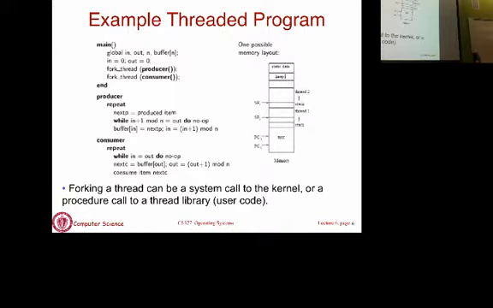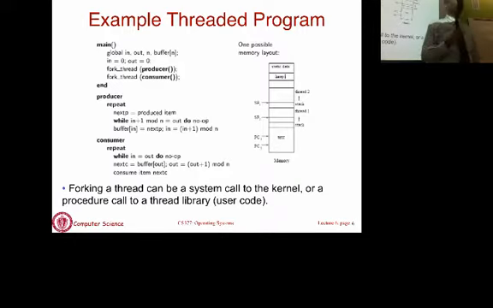Okay, so the thing to keep in mind is threads allow you to have concurrency within a process. You can also have concurrency across processes. You can write an application as a set of processes that all communicate with one another through a shared buffer or message passing. So that's an application that has multiple independent processes. Or you can write your application as a set of threads that share an address space. The same process, multiple threads within the process, as is shown in this scenario.